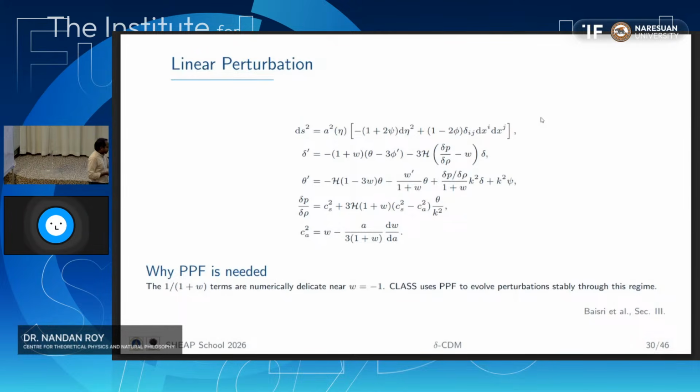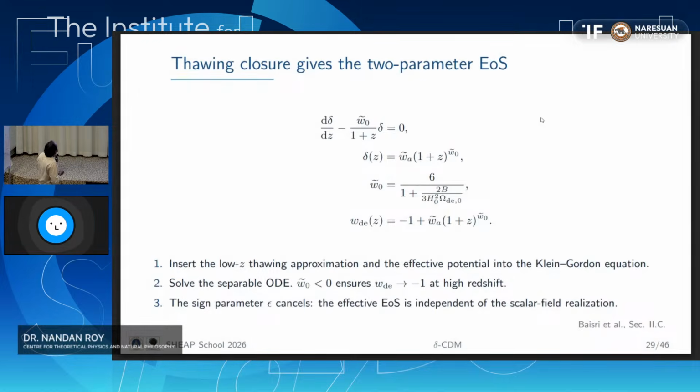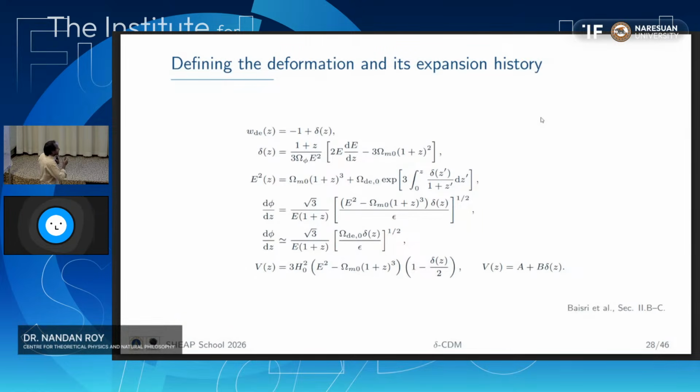Any more questions? Maybe the last one. Yes. How can you try to model the potential in terms of scalar field? Because I think you have in terms of the range, and then can you model? That we are trying the reverse. We are trying to do it the reverse way.